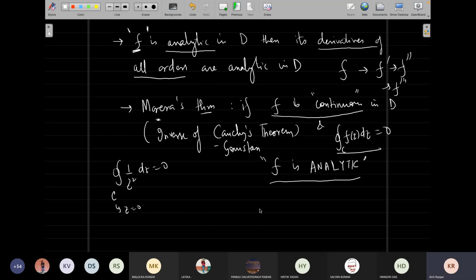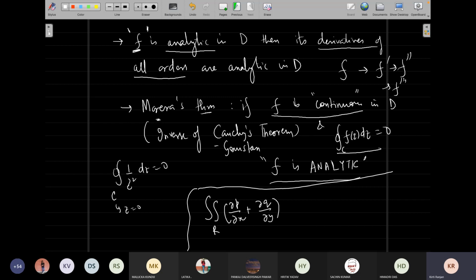Right. In fact, if some of you remember, go back and revisit your definition, how this was derived. I can just give you a hint that the way you derive it, you use the famous Green's theorem: the double integral over R of (del Q over del x minus del P over del y) dx dy equals the contour integral binding this area of P dx plus Q dy. This you can write down. This is the famous Green's theorem.